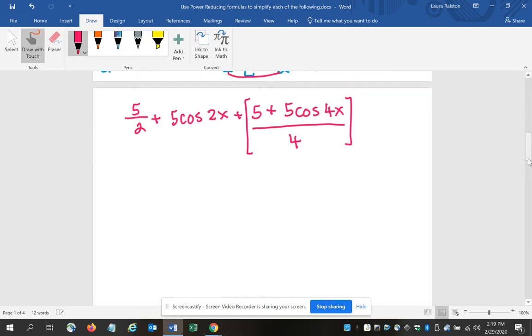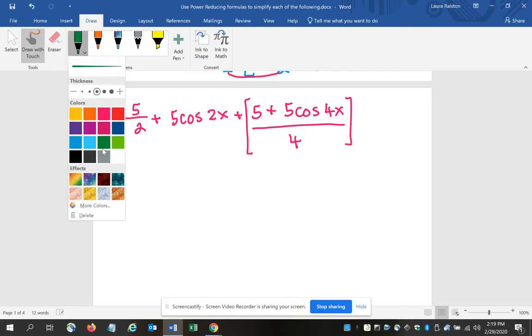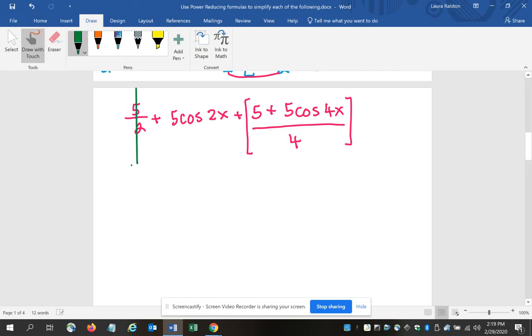And then I'm going to break it apart so that we have 5 halves plus 5 cosine 2x